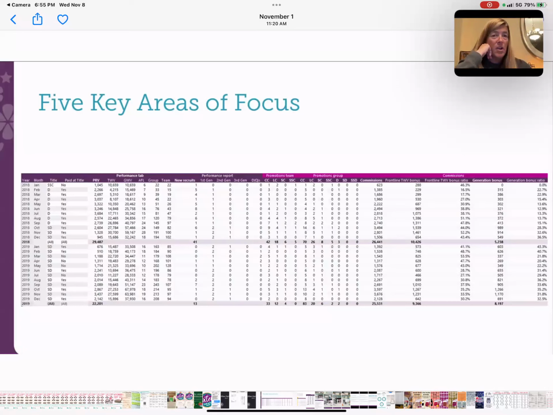Every consultant, regardless of title, has a BAR report. Obviously, if you're not a director yet, you're going to have a lot more data. And the examples that I'm going to be showing you are going to be of director or higher level examples. But that's what she sent me, so that's what I have to work with. But you guys will get the idea here.